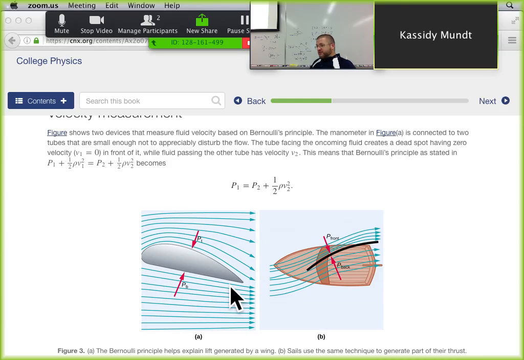Now that's not all of the lift of an airplane, it's also the angle of the wing. The angle of the wing creates lift by creating a conservation of momentum situation, where the momentum of the air is changed by being pushed down by either the wing angle or the flaps angle, and then the conservation of momentum, of course, means the plane has to go up. So there's both of those things.